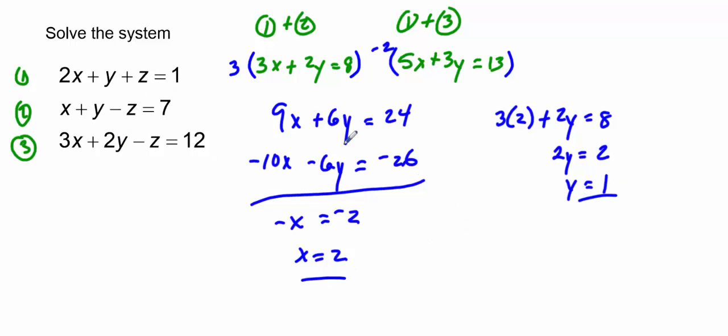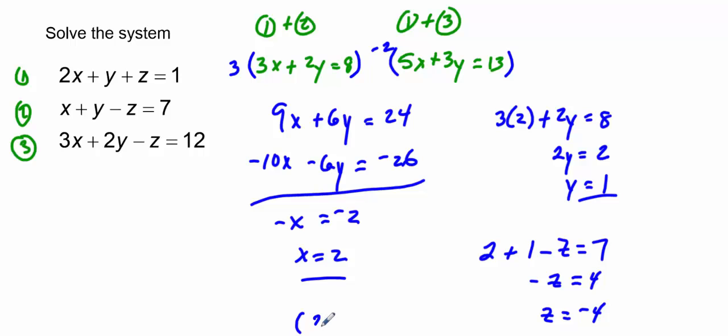I need a z, so I go back into any of those three equations. Say 2 plus 1 minus z equals 7. So negative z is equal to 4, and z equals -4. And if I want to list that triple as a point,